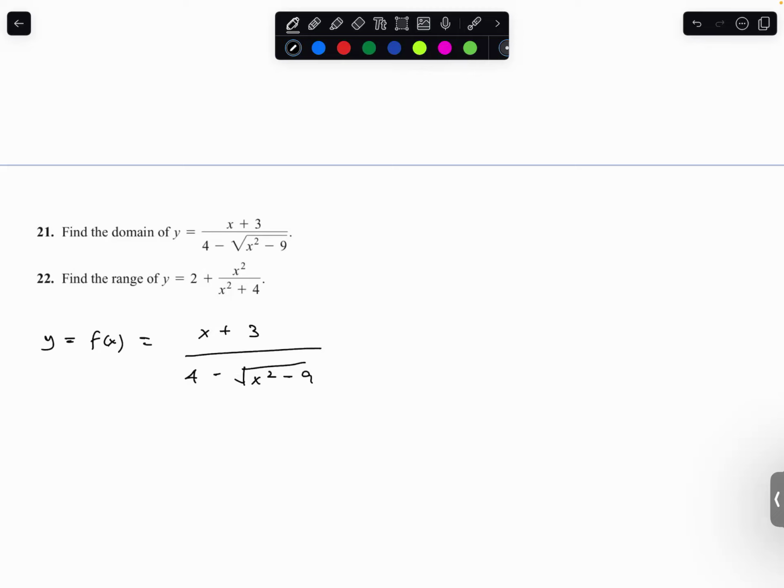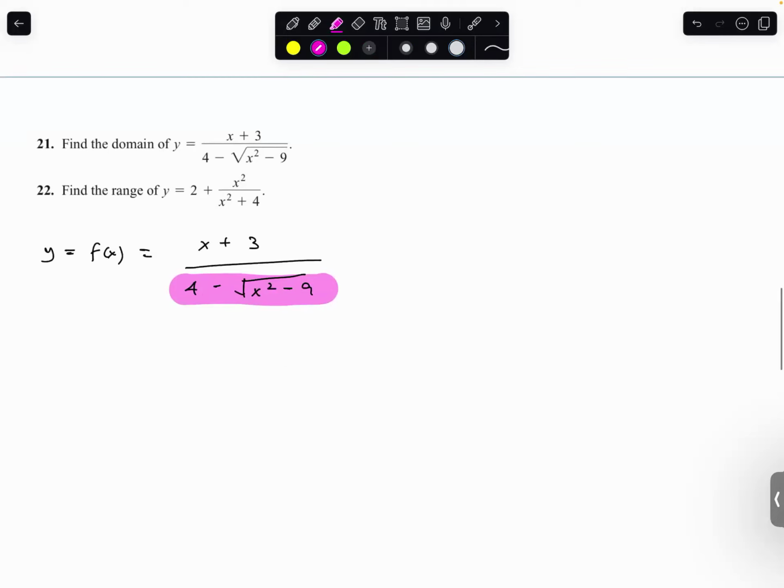So in here, our expression of interest is the term in the denominator, right? So we have to look at what values could make this 0, and because we have a square root here, we also have to look at the terms that could make the expression under the square root negative. So let's start from the things that will make 0. We equate the denominator to 0, and we have